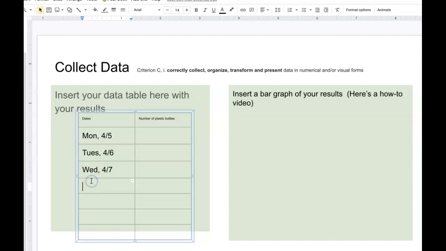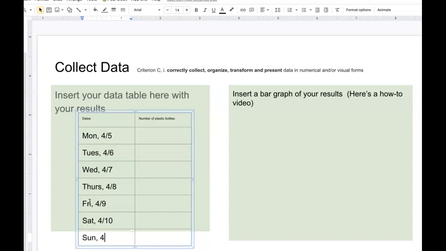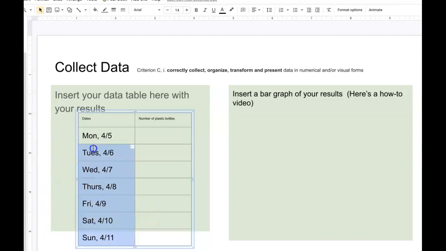4/7, Thursday 4/8, Friday 4/9, and Saturday 4/10, and Sunday 4/11. Okay. Let me make that smaller. So now there's my